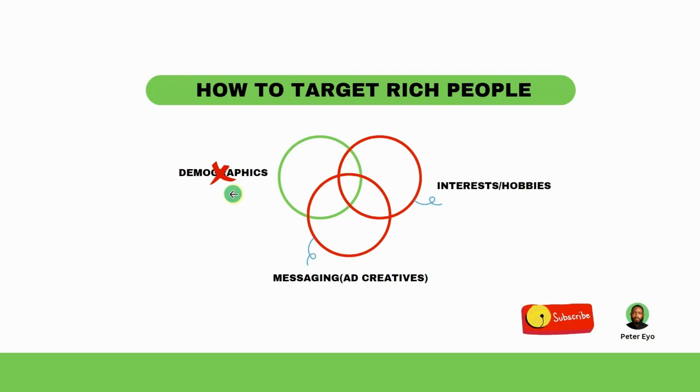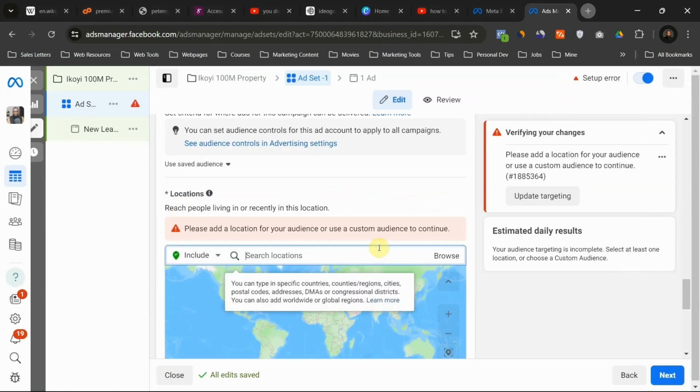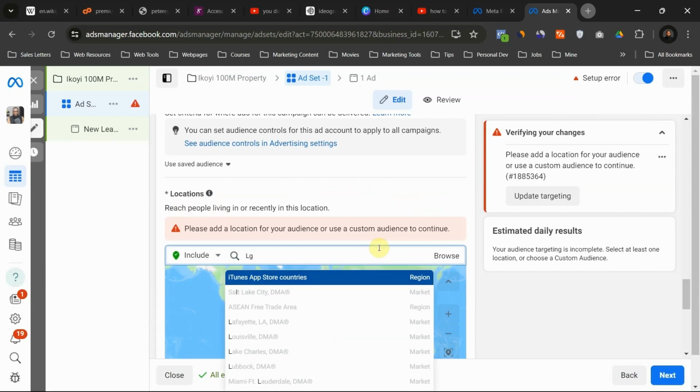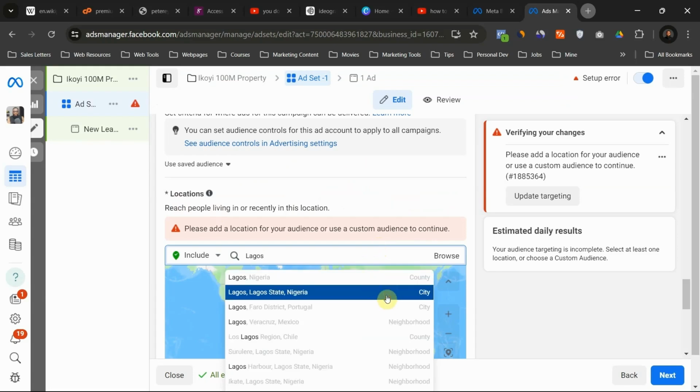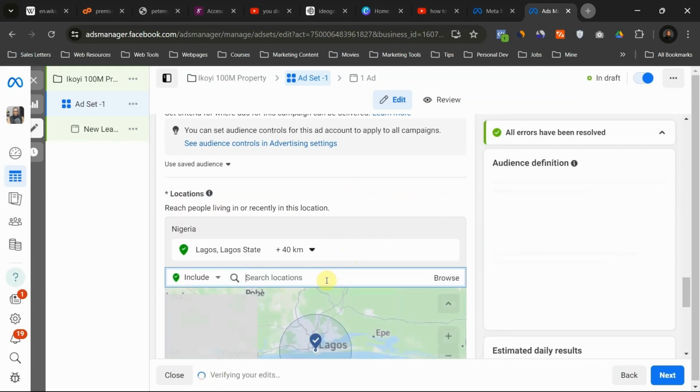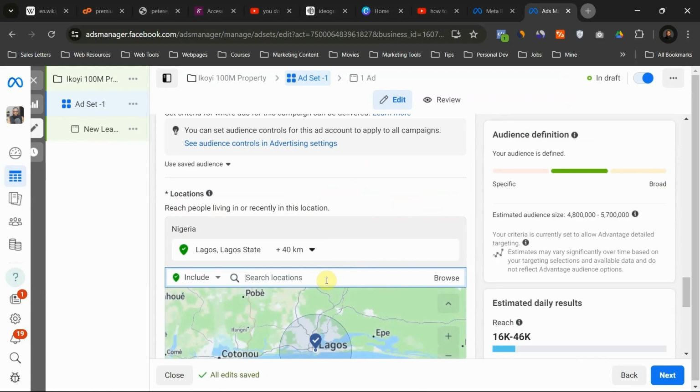Remember I said we are not going to really pay attention to demographic. That does not mean we are not going to pay attention to demographics. We are going to insert their age, the location, the gender. So let's start with that. Location, Lagos. They all live in Lagos. At least 90% of the billionaires in Nigeria live in Lagos. We have places in Lagos like Ikeja,